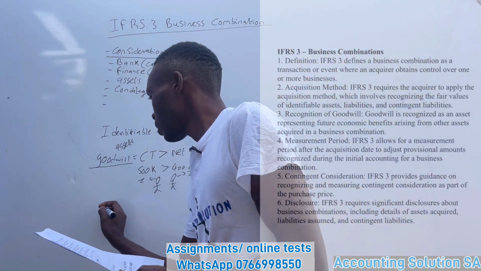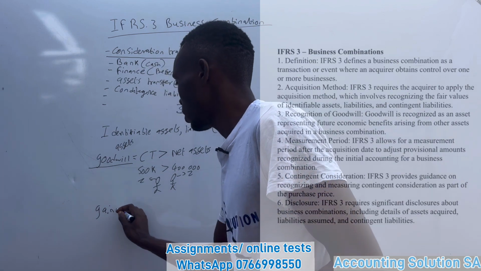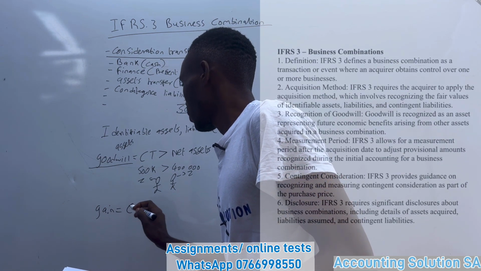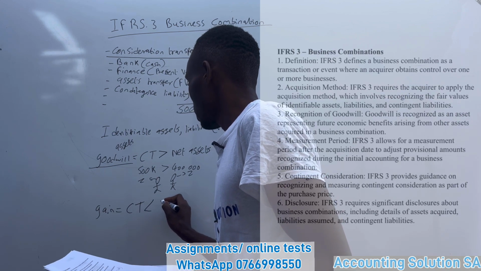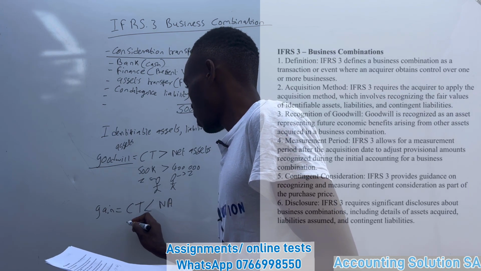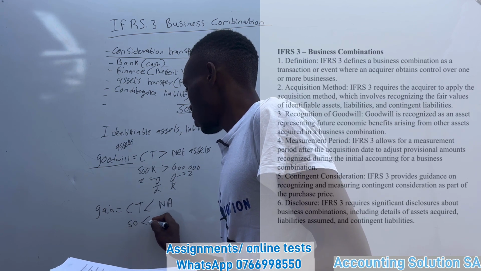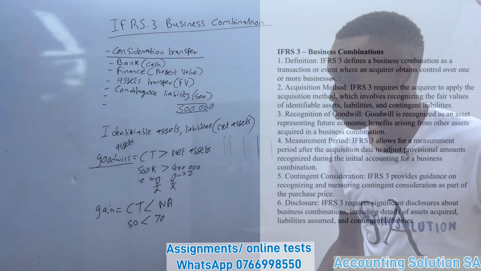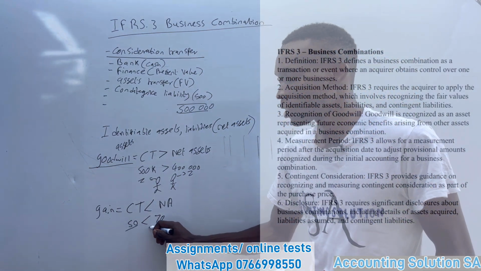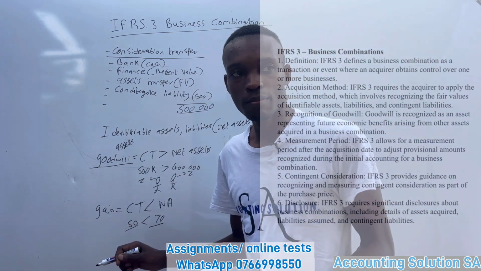Okay, then gain from bargain purchase is the opposite of this one. It's consideration transfer which is less than net assets. In other words, this side is 50 rand and this side is 70 rand, which means that we paid less, but this is worth more, which means that there is a gain that you need to recognize under the income statement,